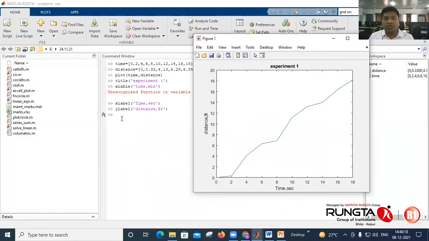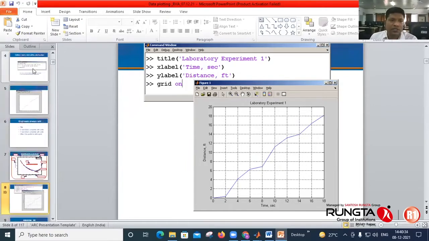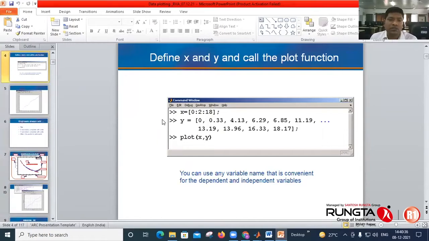Similarly, if you want to put grids, you can make grid on also. This is the simple example of plotting the graph. You have to define your x vectors and y vectors. In this case, we have defined x and y, and the command to plot is plot xy.